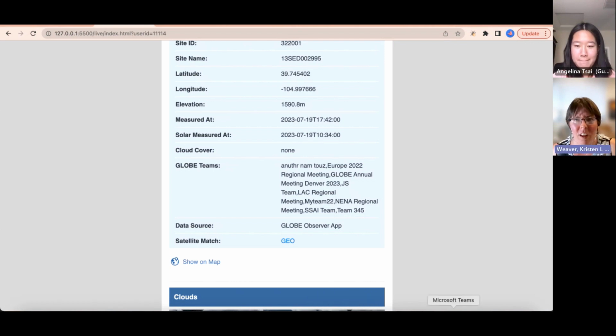But I think this is a nice way to do it, because previously, I've definitely gone into GlobeViz looking for an example of a satellite match, and you have to click on a bunch and open a new tab and see, oh no, that has no match. That only has geo. I'm looking for one with Terra. So this will be really nice to be able to just scroll down and see that, and doing it without having to make changes to what Tina's doing at the back end, just working with what she has. I think that was a really clever solution for that.